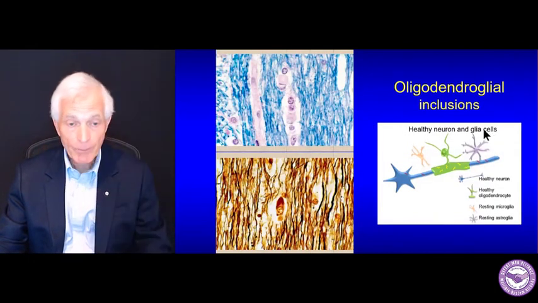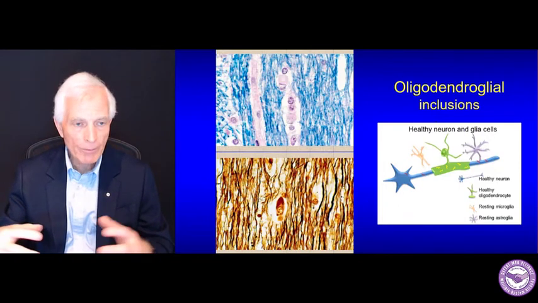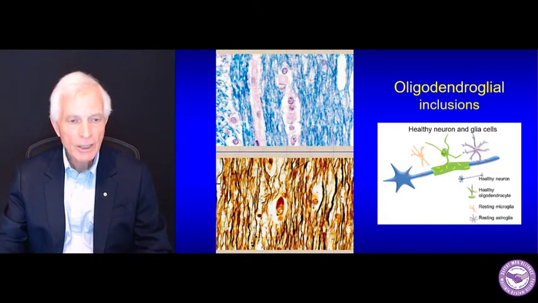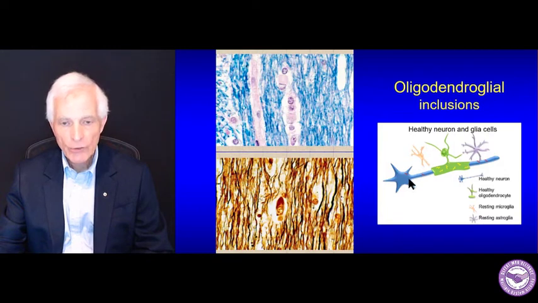Now, you remember that Papp and others described the oligodendroglial inclusion that really was the first hallmark that brought multiple system atrophy together as a single disorder and confirmed Graham and Oppenheimer's first impressions. And you see here with special staining the oligodendroglial inclusion. The oligodendrocyte is a normal cell that makes myelin that is normally surrounding the axon. So here's the nerve, and the nerve projects the axon, and this